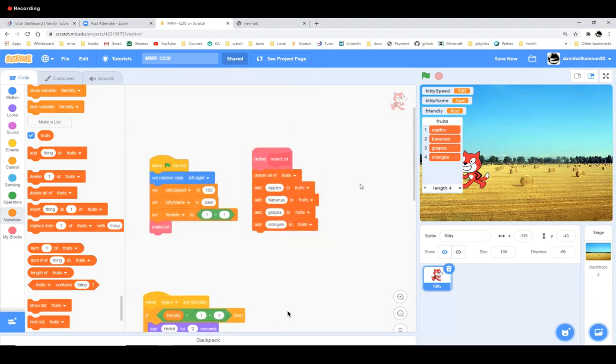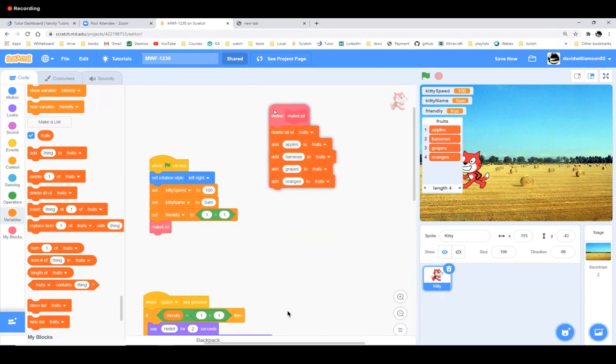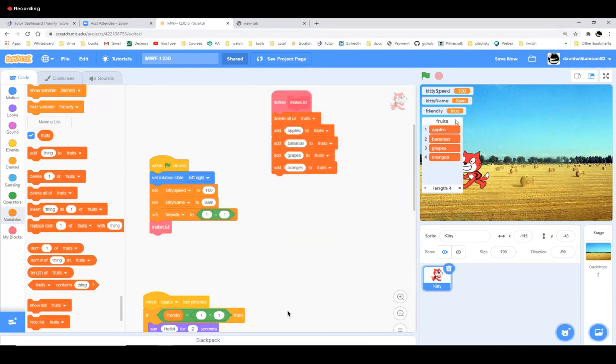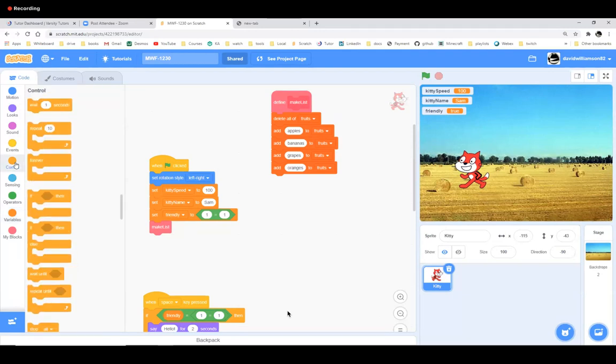All right, now then, the list here is helpful to us because I can actually loop over the list. I'm actually going to take it off the screen. Okay, just trust me when it's apples, bananas, grapes, and oranges. I'm going to remove it from the little screen area. So to loop over the list, we can use a loop. And I'm going to go into my control blocks, which is where my loops are. And I'm going to grab this repeat block, okay?